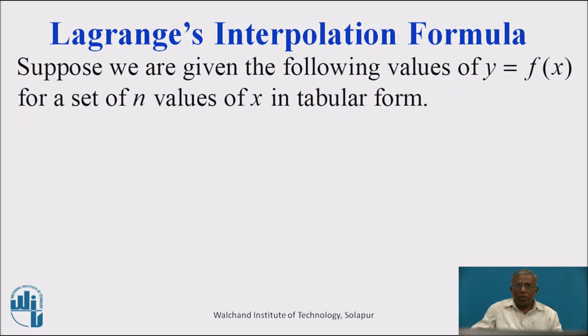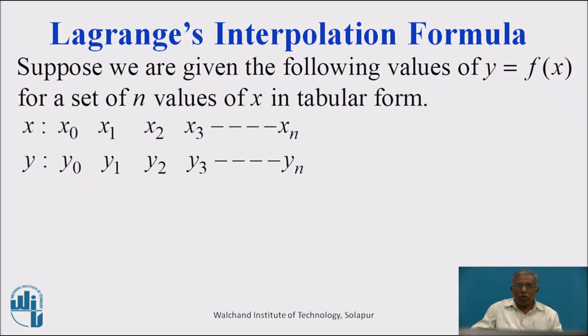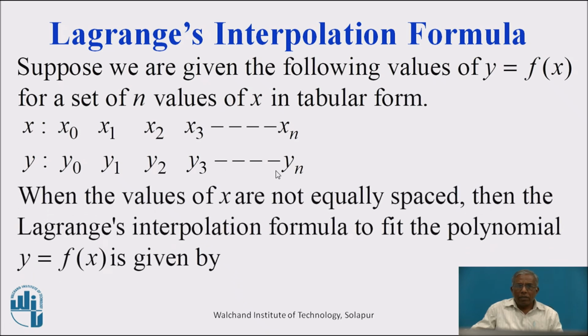Suppose we are given the following values of y for a set of n values of x in tabular form. The values of x are denoted by x0, x1, x2, x3 and so on up to xn, and the corresponding values of y are denoted by y0, y1, y2, y3 and so on up to yn. When the values of x are not equally spaced, then Lagrange's interpolation formula to fit the polynomial y equal to f of x is given by